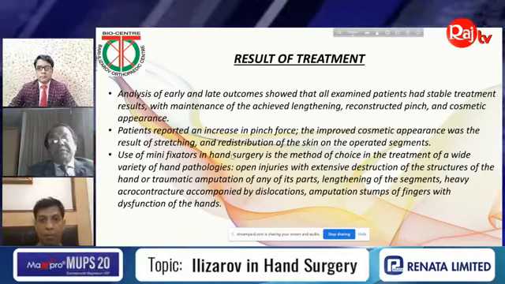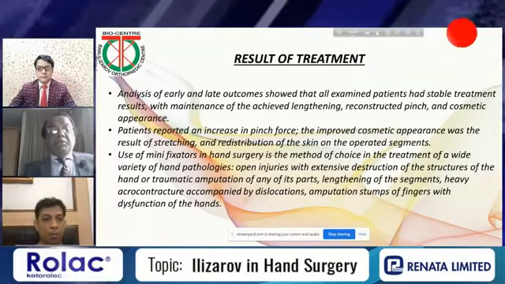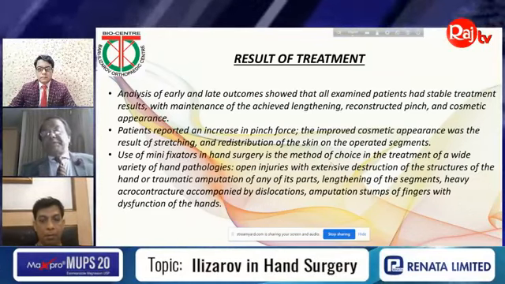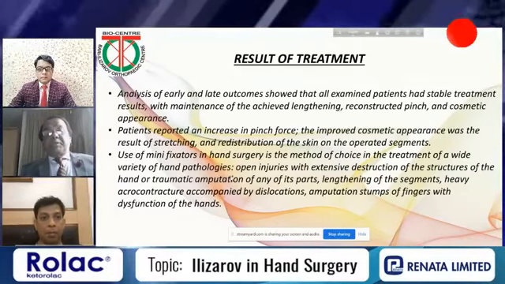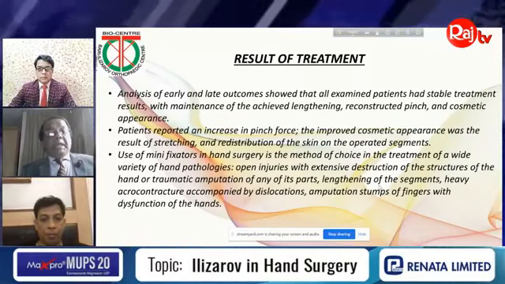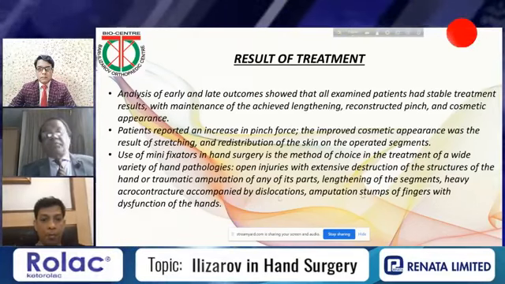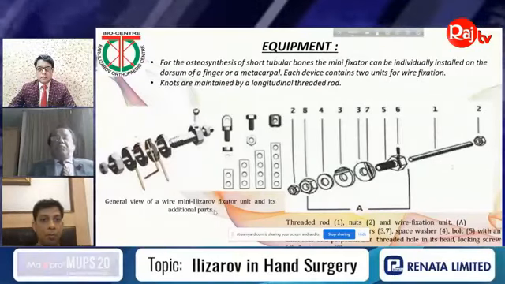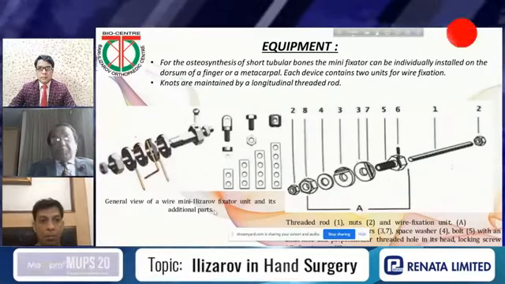Use of mini fixators in hand surgery is a method of choice in the treatment of a wide variety of hand pathologies. As I told you earlier, open injuries with extensive destruction of the structures of the hand or traumatic amputation of any of its parts, lengthening of the segments, heavy acrocontracture accompanied by dislocations, amputation stumps of the fingers with dysfunction of the hands. Now, before going to do any surgery in the hand or any Ilizarov surgery,